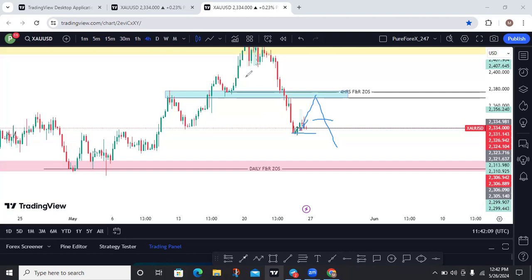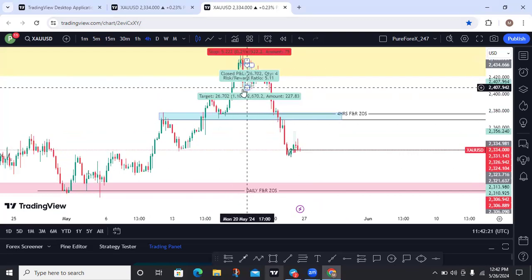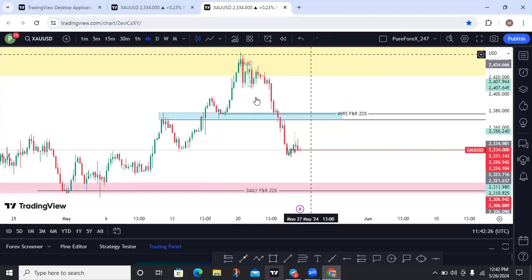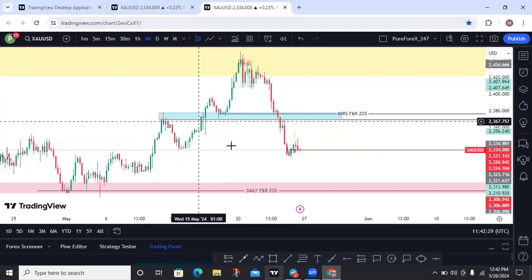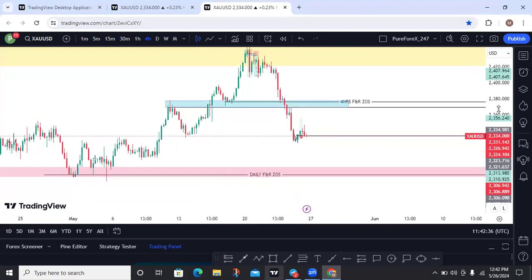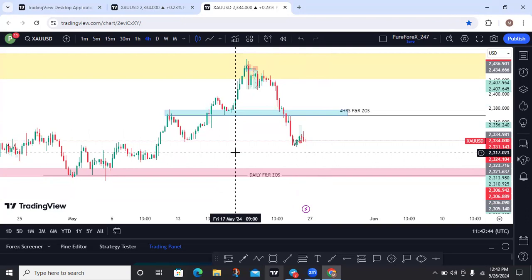So the market came so close to my TP, but the market started giving me rejection. I know that, okay, 5% is enough. I have to close that trade. And then the market rejected back almost to my entry. You see, if I say, okay, I must hit 7%, you will see yourself going from making a lot of profit back to zero. And you know how it can destroy your psychology, right? So now, before we go ahead to take this trade, when gold makes a mistake to come here, we are going to be looking for a selling opportunity without fear or favor.